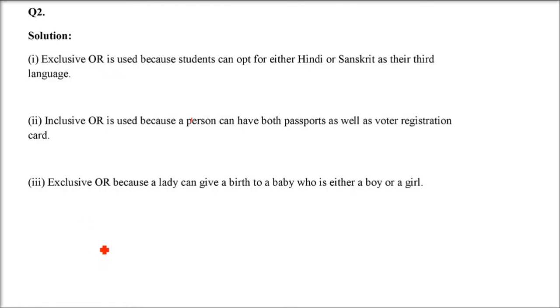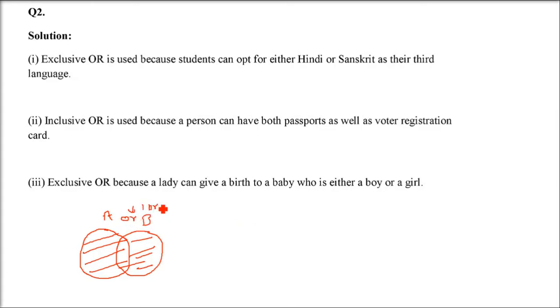So what is inclusive and exclusive or? First of all, or is the combination. Just remove the duplicates and it's all the combination. So if A and B, or P or Q, are two sets, and if you want to find out inclusive or, it's both the sets. Total combination of the content of set A and set B. This is inclusive or.